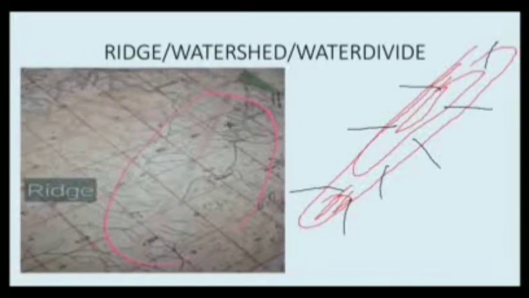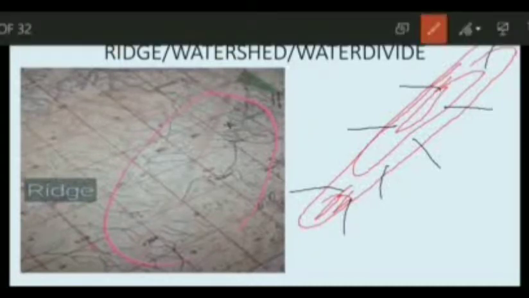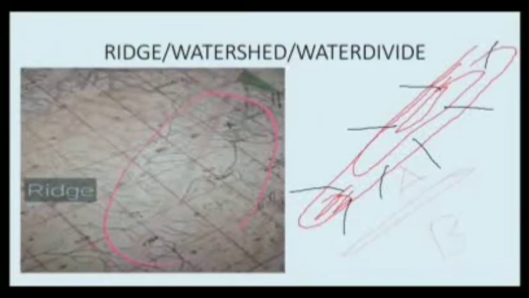Now ridge, water divide or watershed. You can say it is in a length like this, and you have one side A and other side B. So it is known as water divide or watershed because one side is this area and the other side is this area, and the rivers flow to both sides during the rainy season, means the streams come. So this feature is known as ridge, water divide or watershed. It is given in one of your survey maps, the contour maps, topo sheet. Just check it in your book.